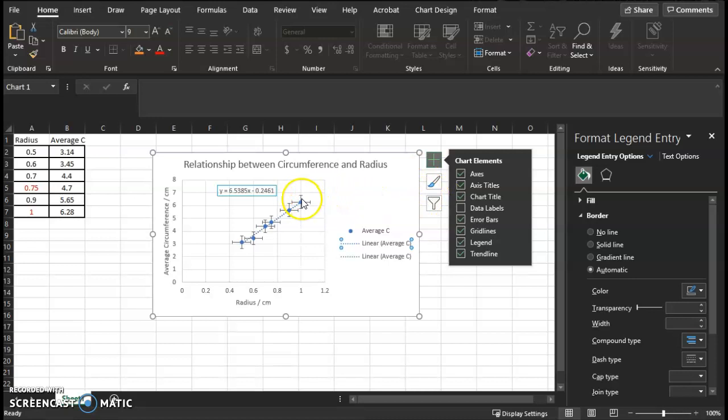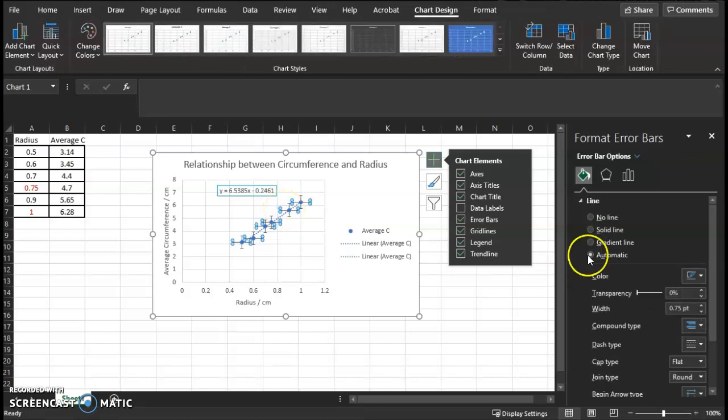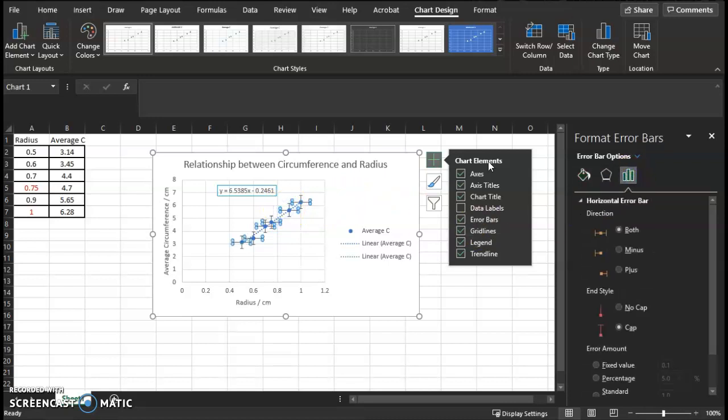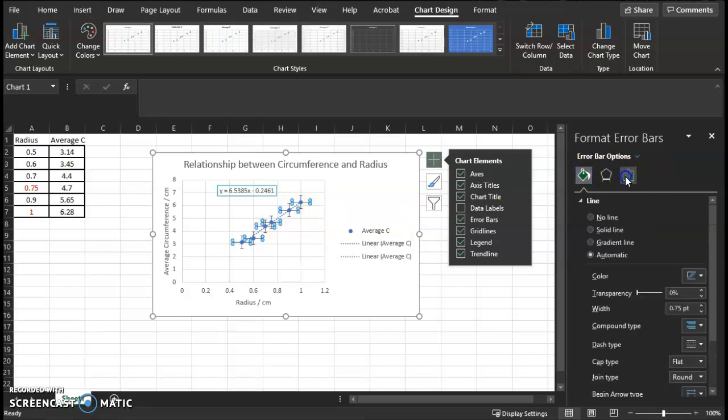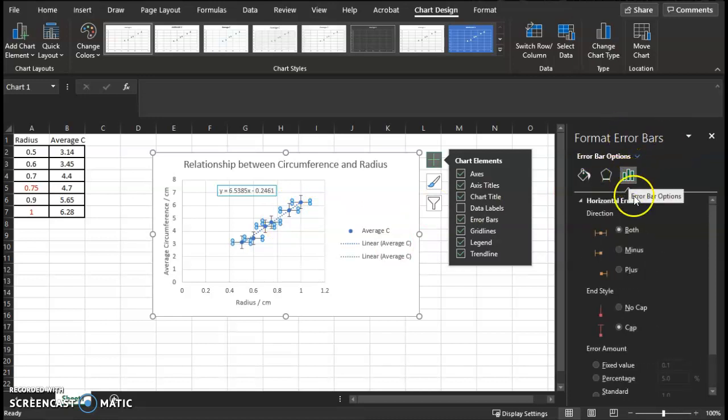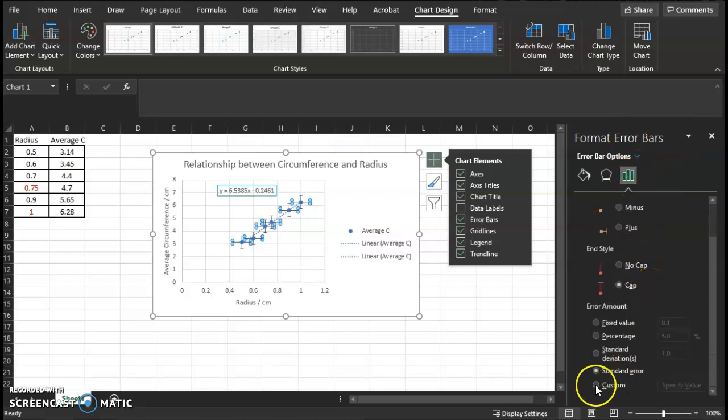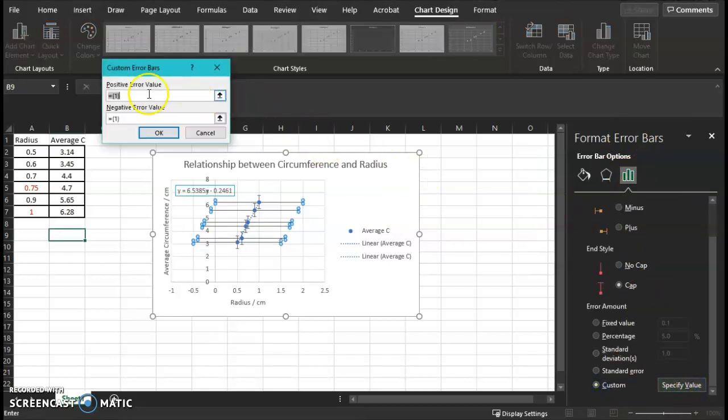IB expects you to show error bars for the data. Now for SL Physics, it's not as important for your horizontal error bars. However, if you do have uncertainty, just go ahead and add in the horizontal error bars. So I'm double-clicking the horizontal error bars, and we actually need to customize these because it's way too big. I'll need to make sure I'm on Format Error Bars, and I'm going to click the vertical green bars, and I'm going to go to Custom, Specify Value, and I will delete this and click equal sign,